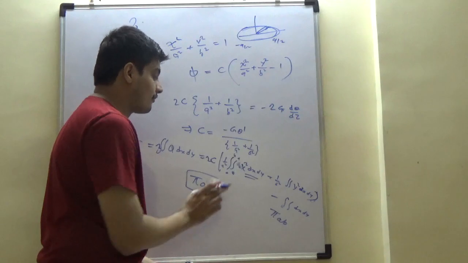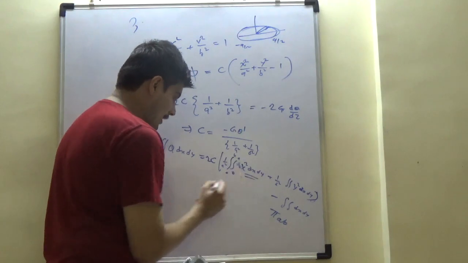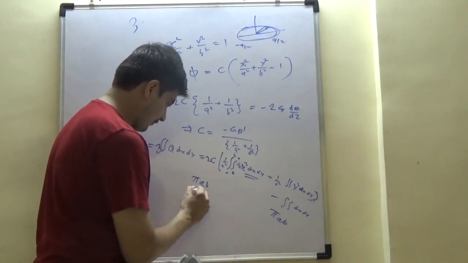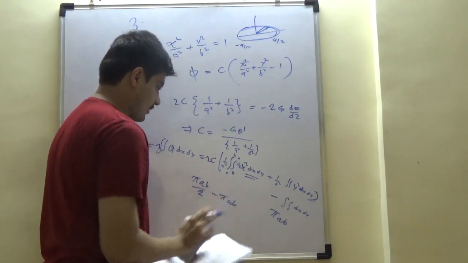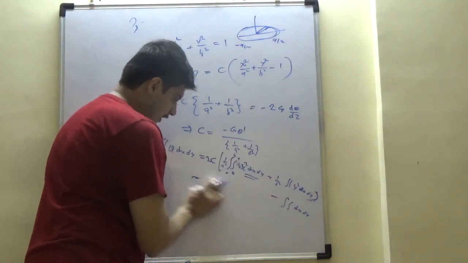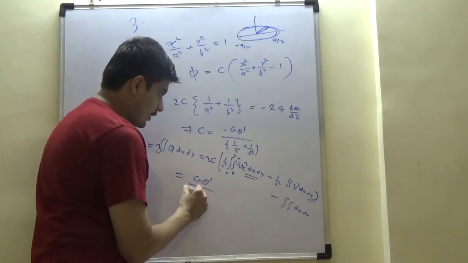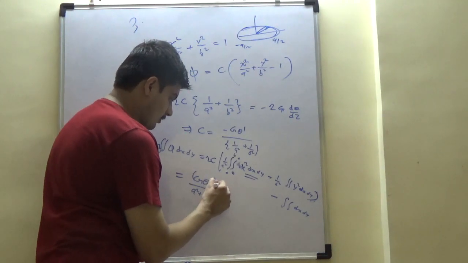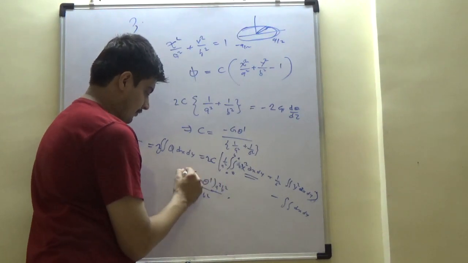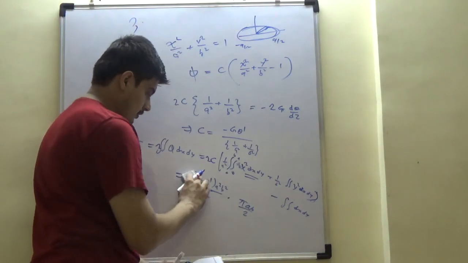Is this 0? No, because you have this half, right? So this is 2 pi ab, because we have looked at this, pi ab upon 4, so pi ab upon 2 minus pi ab, which means the remaining residual is minus pi ab upon 2. So the net integral here is going to be G theta dash a square plus b square, a square b square is going to be here, right? That is going to come out 2, and then this is pi ab upon 2, minus minus will go, so pi